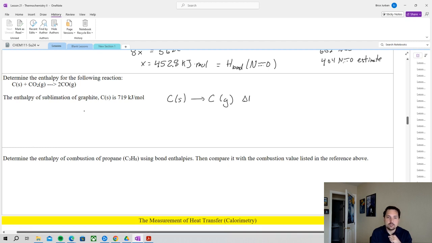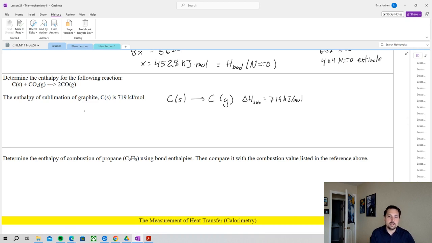And that's going to be equal to 719 kilojoules per mole. It should be a positive value because we're going to have to put in a lot of energy to get those molecules to be free from each other in the gas form. So the enthalpy of this reaction can be predicted, but